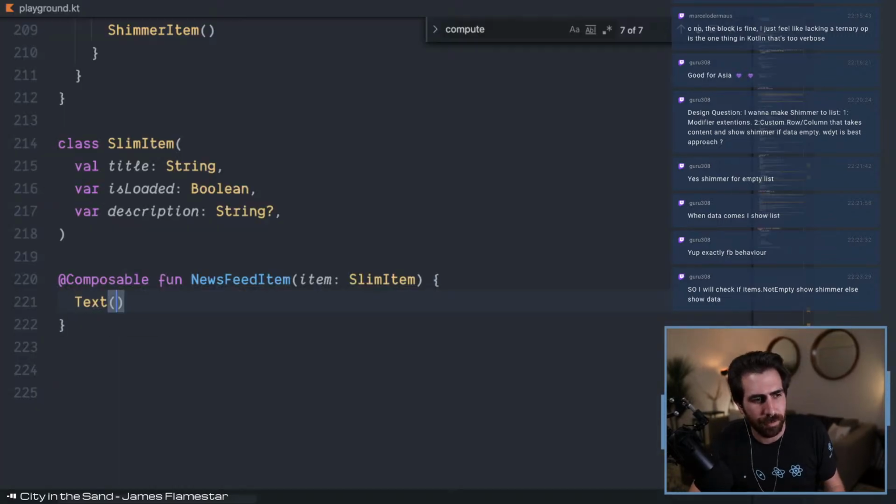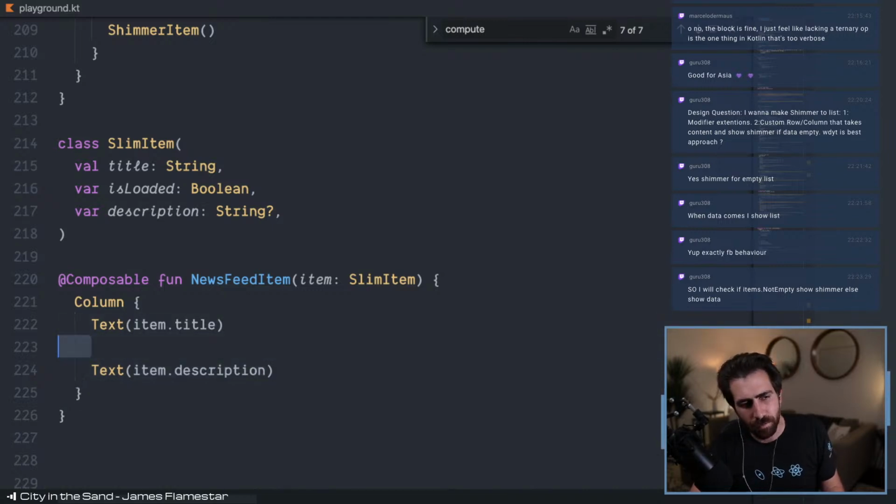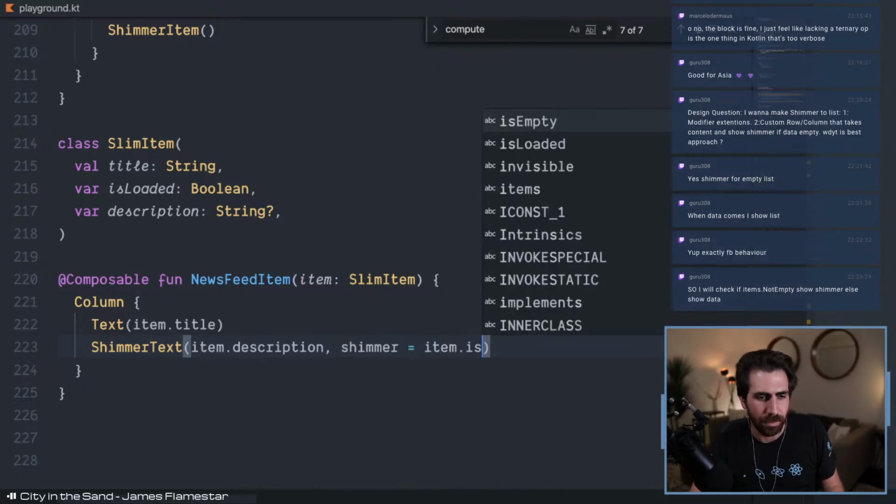You can have text item.title, in a column or something of some sort, and then you've got item.description, right? One way to deal with this could be a shimmer text, with shimmer equals item.isLoaded,